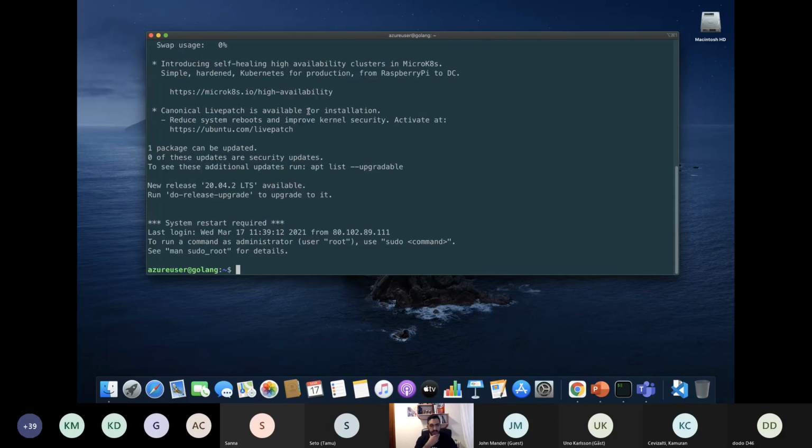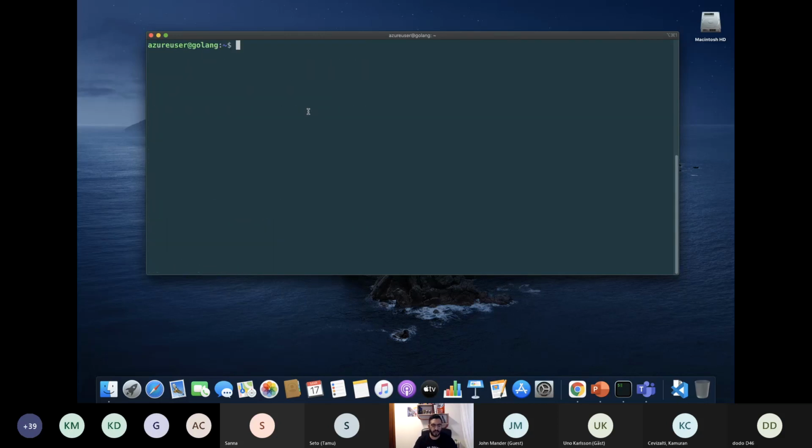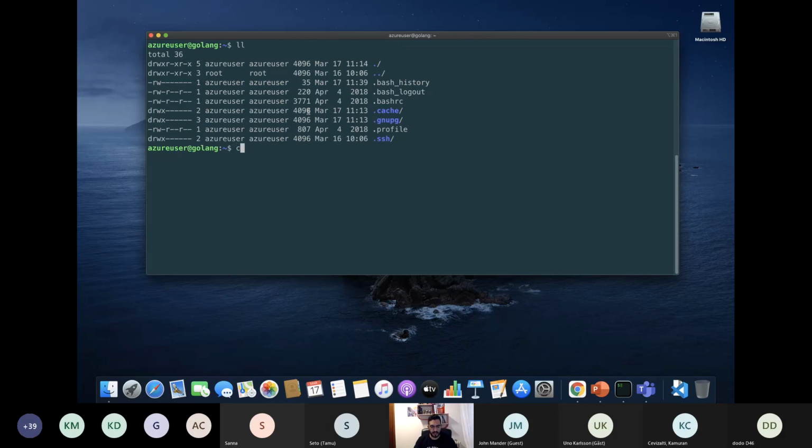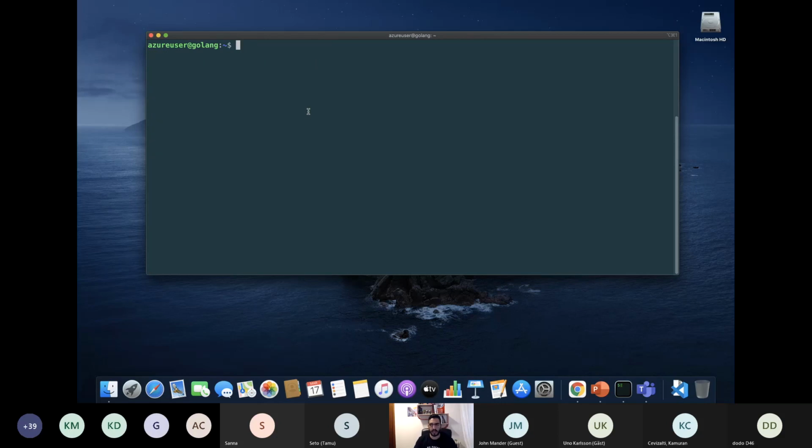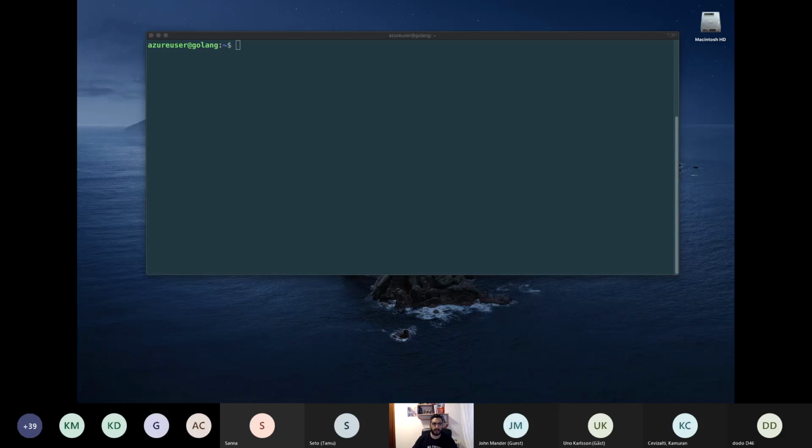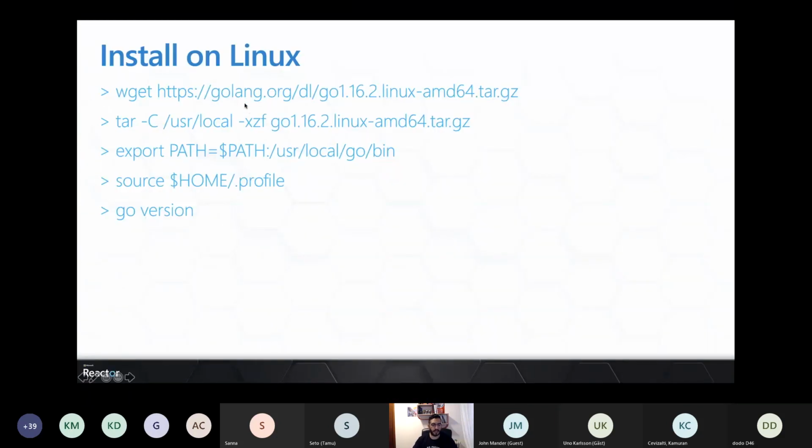So let's see, we enter here, and you can see that I'm in a Linux environment, right? I have everything here, so I'm gonna start doing these steps.